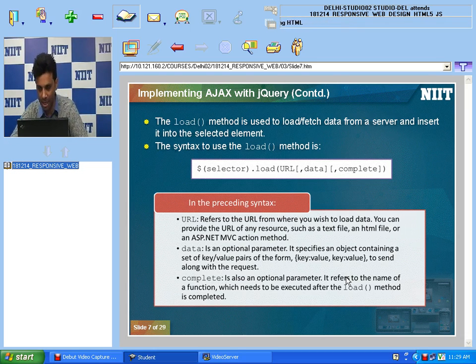Let's say there is data on my server, maybe in one text file or one HTML file, and I want to fetch that data from my web server and put it into my HTML element. Maybe I want to bind that in that HTML element and display it on my web page. So I will use the load method.